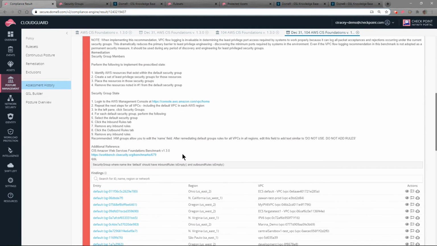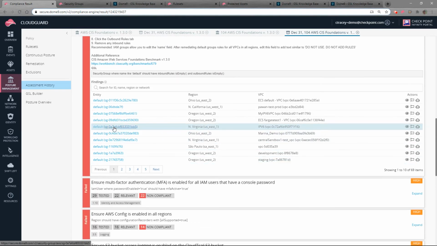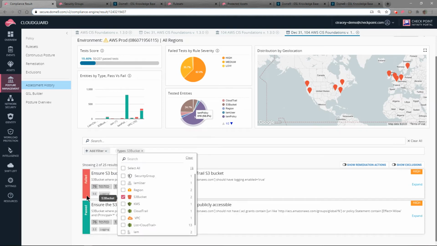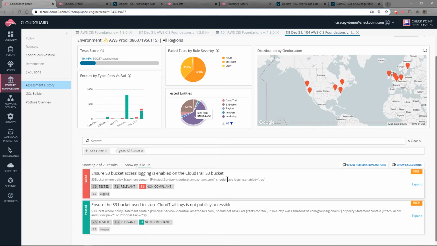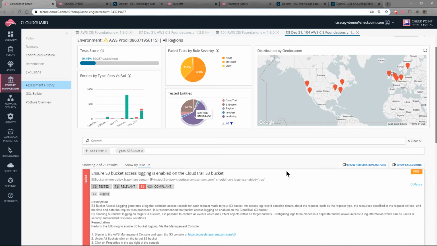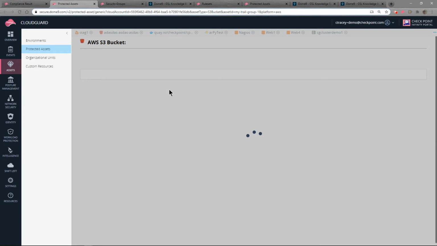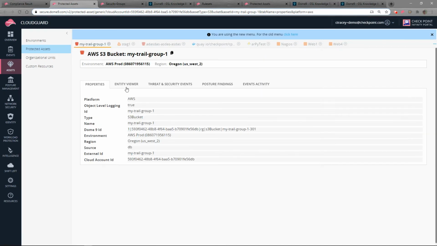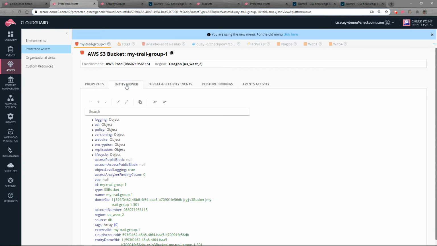or a change in the GSL syntax. But we can drill down into those security groups. As we've looked at those already, we can look at other entities as well, and expand upon that, drill down on that asset through our protected asset view. As you can see, it's coming up, and we can query against that,